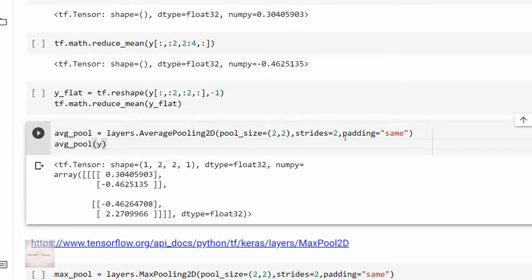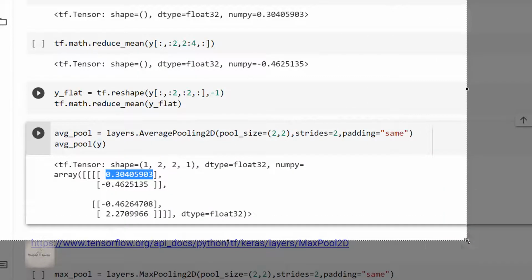And I have also mentioned that padding is equal to same. Now once I apply this average pooling layer on top of my previous output, that is y, I have the output 0.3040. And if you observe on top, I had got the same value, guys.